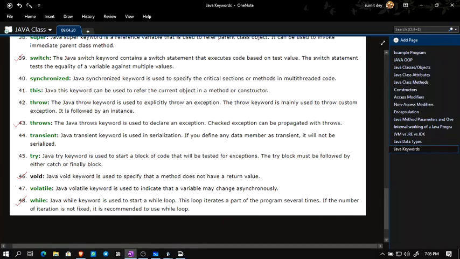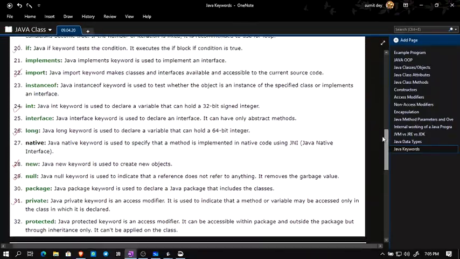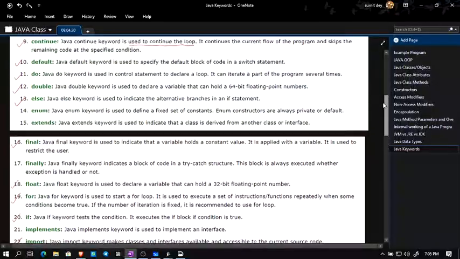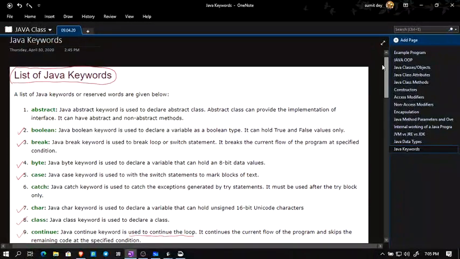So most of them, 1, 2, 3, up to 29. More or less 29 to 30 keywords you have already used in a program, or rather heard or seen them being used in a program. The rest, 18 keywords, that we have not yet used,